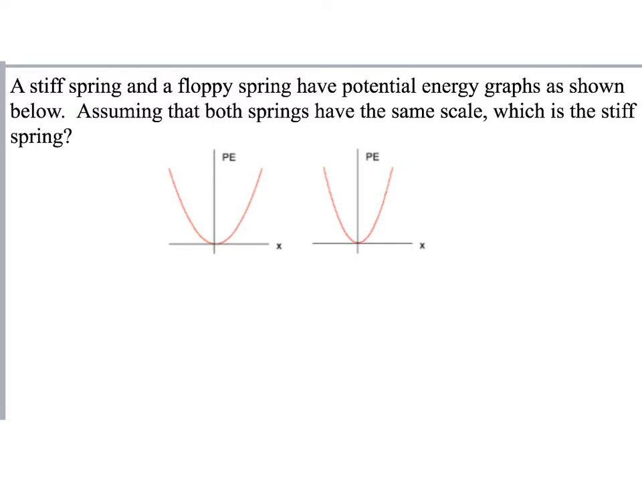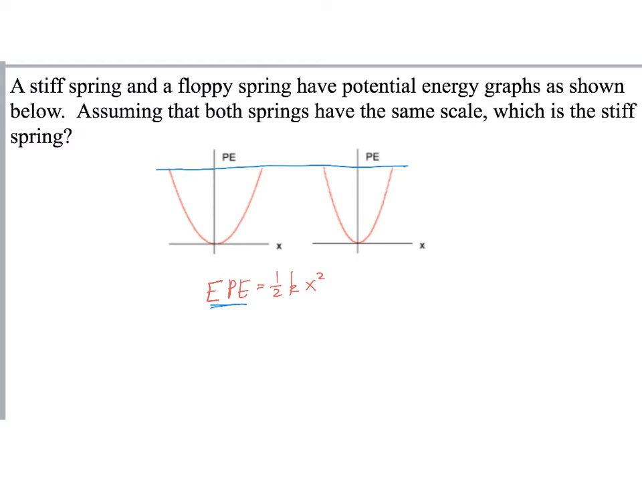A stiff spring and a floppy spring have potential energy graphs as shown below. Assuming that both springs have the same scale, which is the stiff spring? Go ahead and pause the video. You ready? I'm ready. Let's go on. So remember that the elastic potential energy of a spring is equal to 1/2 kx squared. Okay? Now, note that in both of these graphs, assuming they have the same scale, in both of